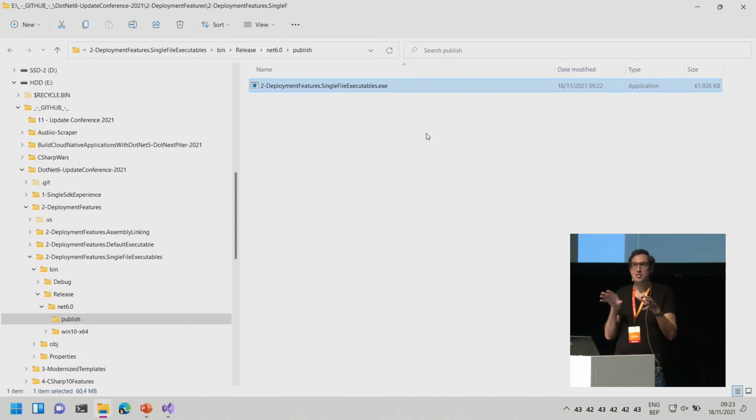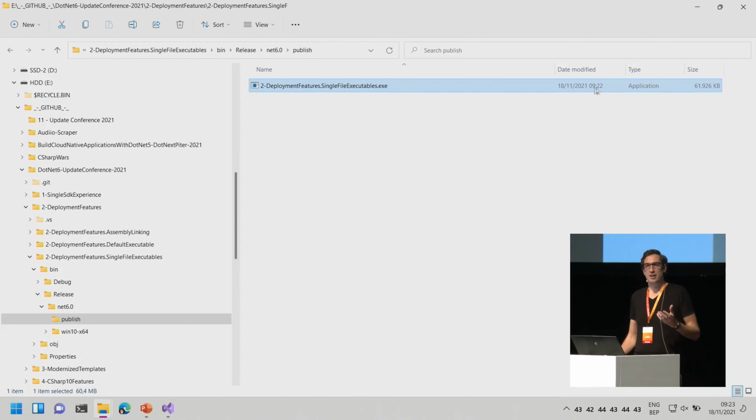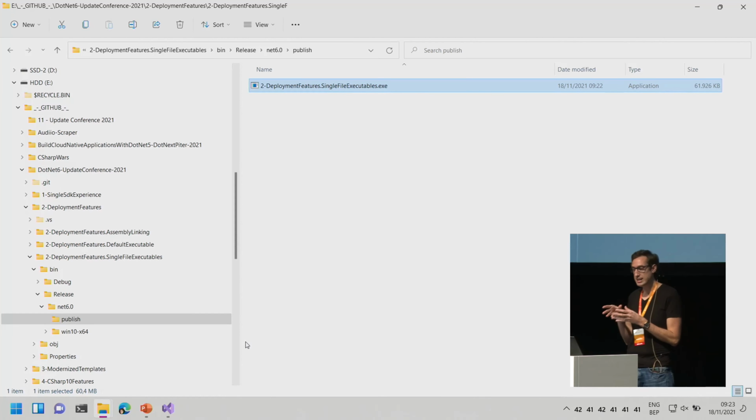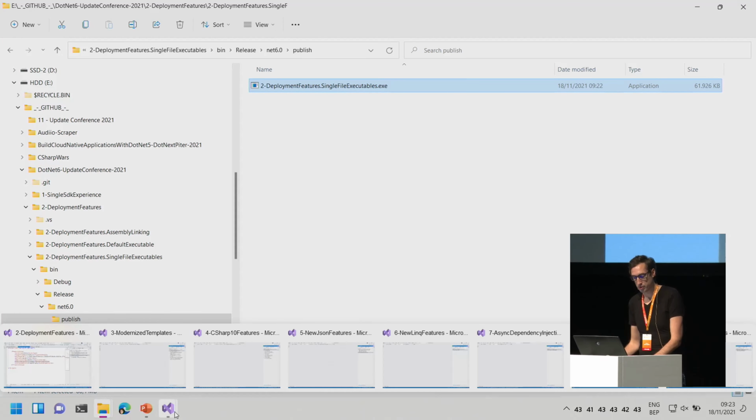Depending on how IT smart your grandmother is, she will be, okay, nice, I've got a little application for my grandson or granddaughter. But if she is smart enough, she will see 61 megabytes for a console application. That's still suspicious. But of course, this contains everything. This contains the .NET runtime, the base class library, the just-in-time compiler. All of that stuff is within that single executable, which is quite powerful.